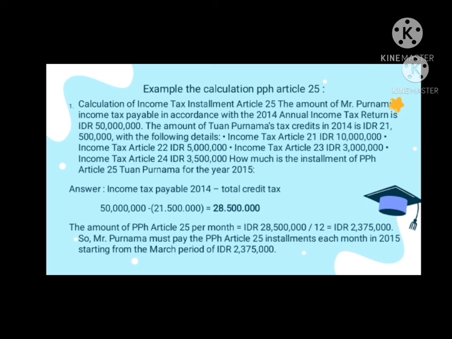2015. To answer this, you need to deduct income tax payable in 2014 with the total credit tax. The income tax payable is 50 million rupiah minus the total credit tax that stated in the question is 21,500,000 rupiah. And the amount will be 28,500,000 rupiah. After we get this amount, we divide it with 12, and then we get